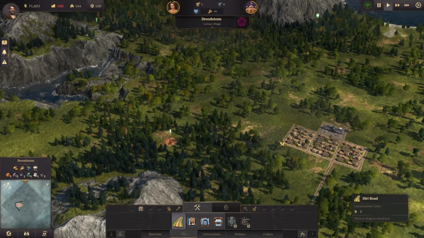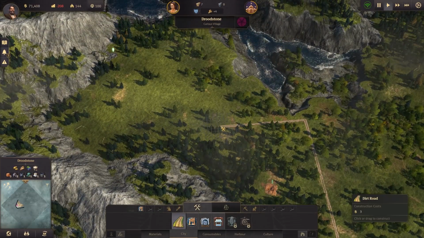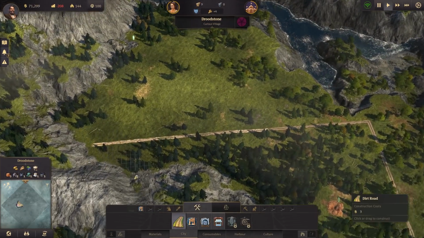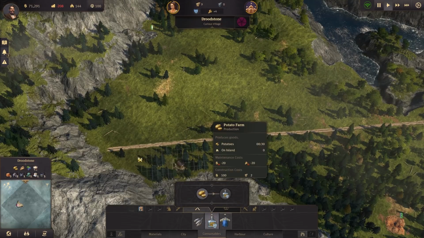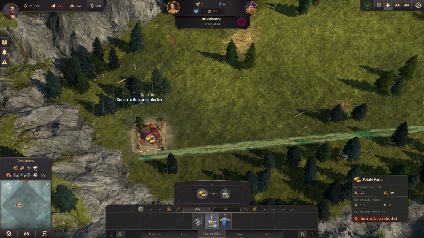So we'll make another big old road right over here. You don't really have to separate things, as I mentioned, but I'm going to do it anyways just because I think it looks nice. And the aesthetics are important to me, I don't really know why, but...